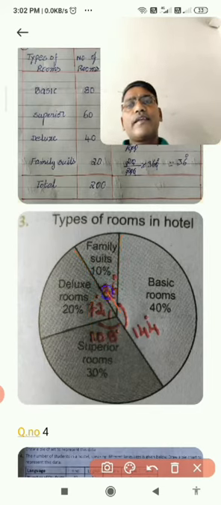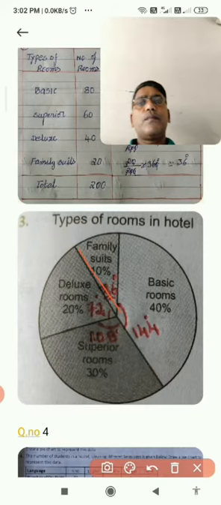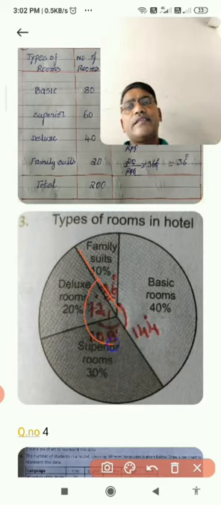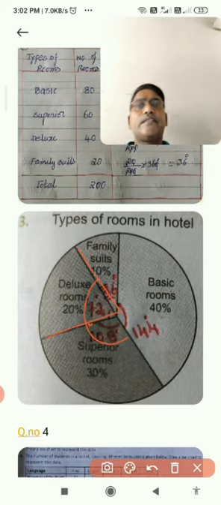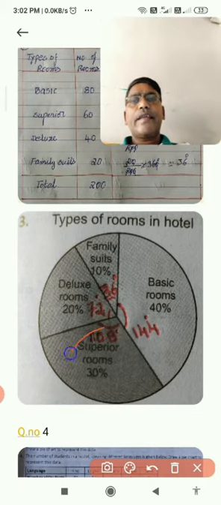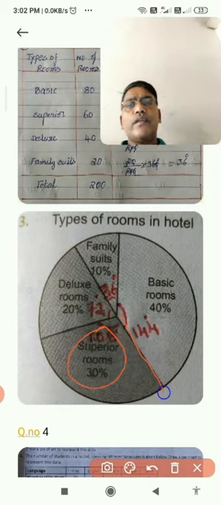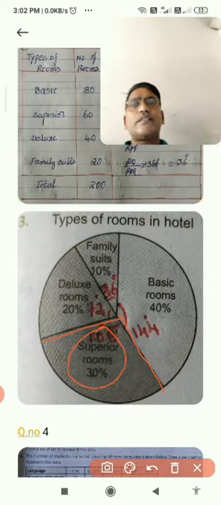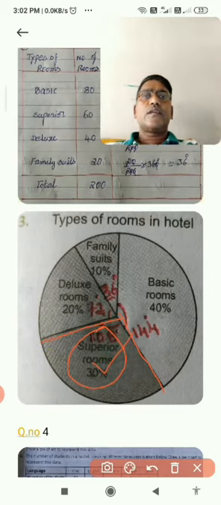Now you take with respect to this base. How much angle is there? 72. Again you keep the protractor like this, and 72 is here. So you make the radius again. First part over, second part over, third part over. Now the remaining part starts from here only, so automatically these two bases are completed. Like this we can construct the pie chart by using the central angle.